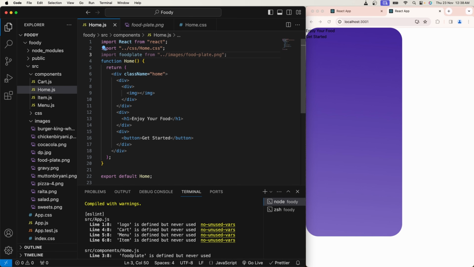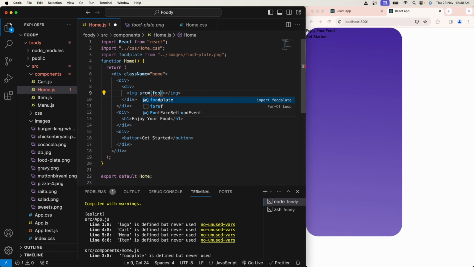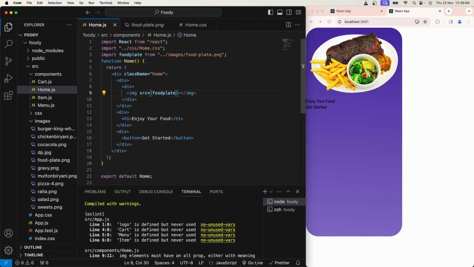So I'll save this, and here inside the image tag I'll give source to that food plate image. So I'll save this. As you can see, my food plate has come here, and enjoy your food and get started is printed, but